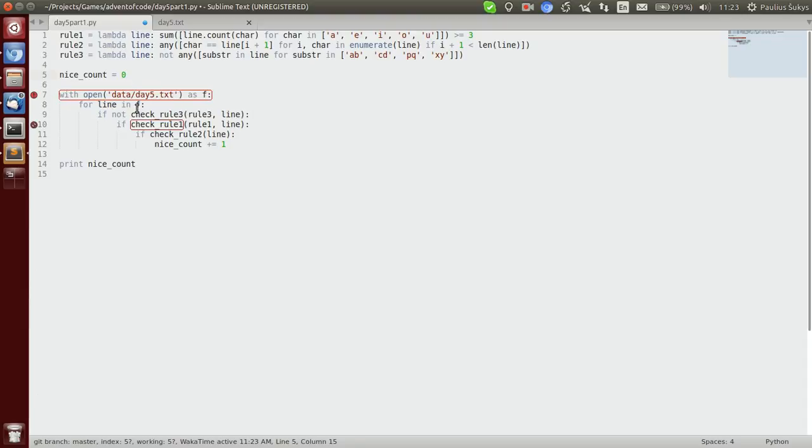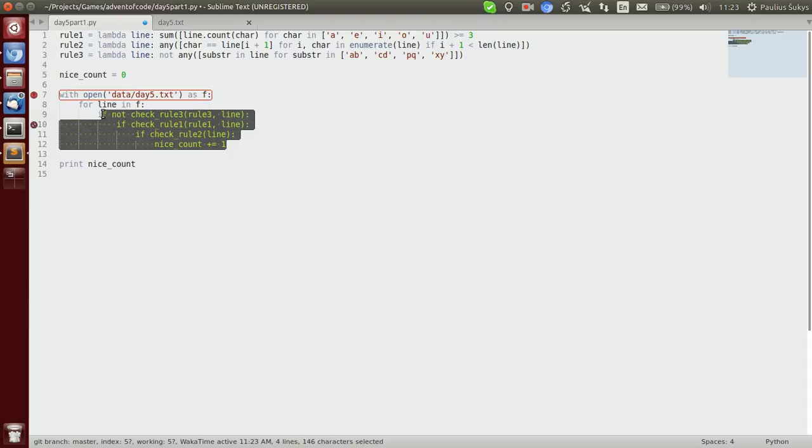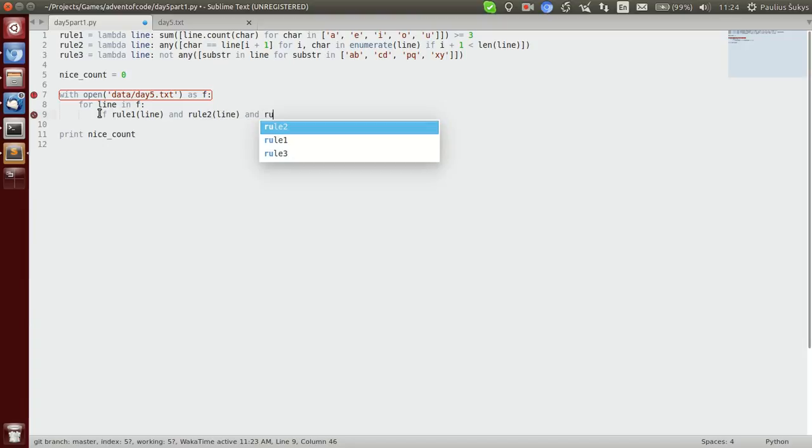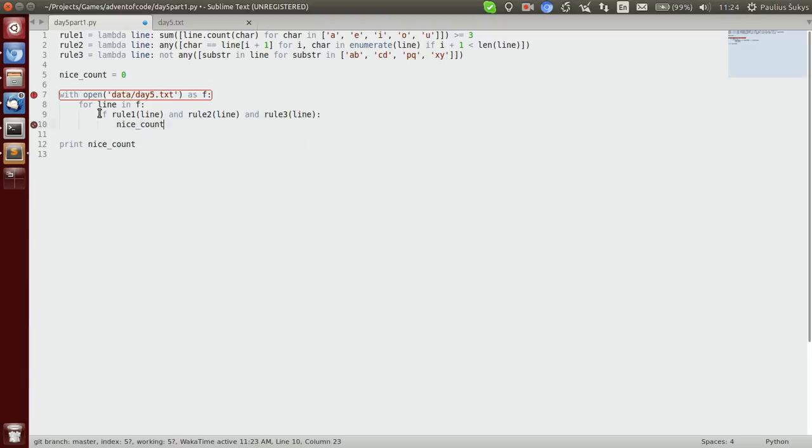Start reading the file and simply do: if rule 1 and rule 2 with the line and rule 3 with the line, we only then increment the nice count. So that's in a way